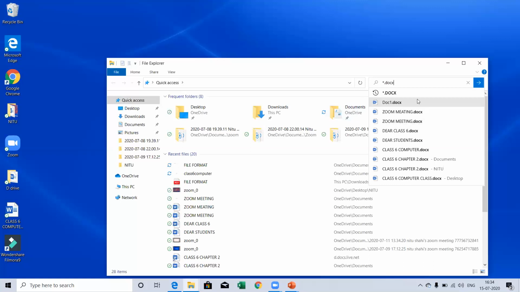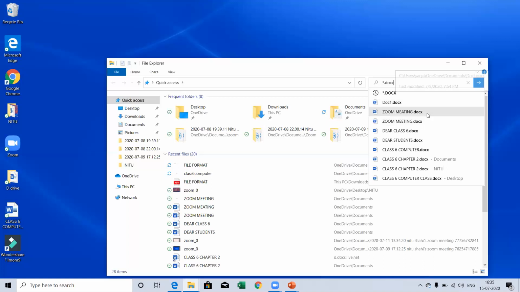In this list, maybe you will remember these are the document files which you created in your Microsoft Word. When you see your file name, maybe you will remember. If you forget your file name and want to search for it, in this way you can recall what your file name was.